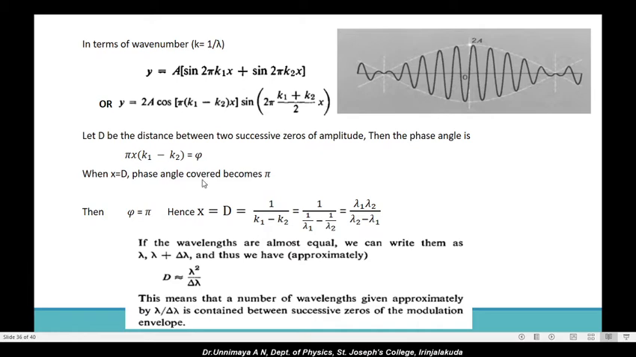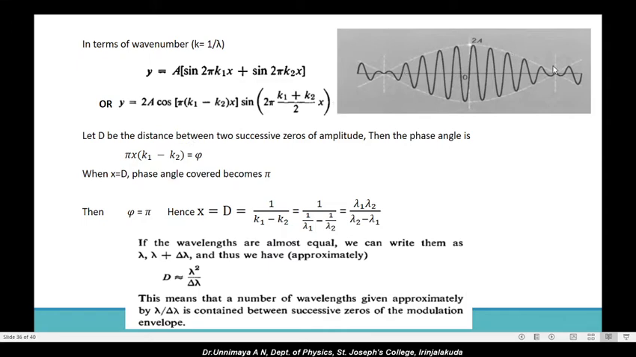Now let D be the distance between two successive zeros of amplitude, that is from this point to this point. At both these points the amplitude is 0. So consider the distance between two successive zeros of amplitude as D. Then the phase angle is pi x into (k1 minus k2), and this is taken as phi. When x is equal to d,